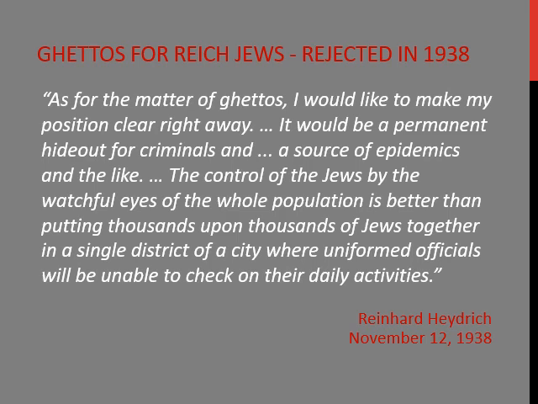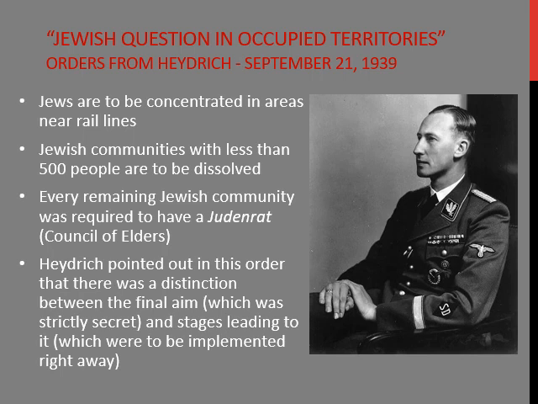That way the watchful eyes of our whole country can keep them under control. Better that than putting them all in a single area where there wouldn't be enough officials to be able to check on their daily activities. So Heydrich says absolutely not to ghettos, and ghettos are never established in Germany. But when the German army goes into Poland, they have a change of heart on the idea of ghettos. And so within 3 weeks of the German occupation of Poland, Heydrich issues an order for Jews to be